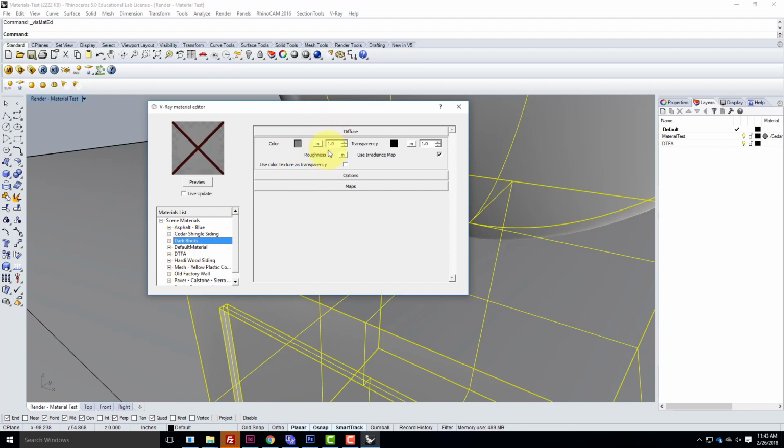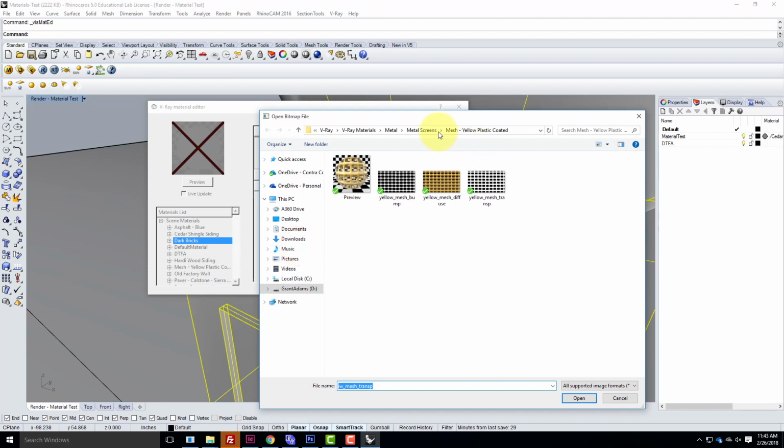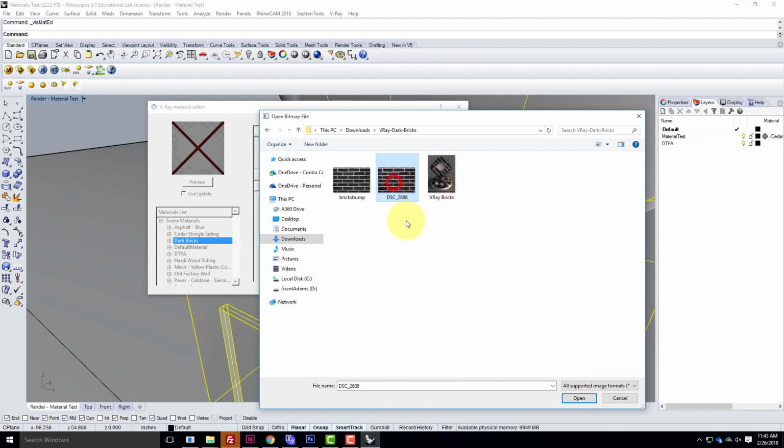I need to load in the diffuse material, so I'll click on the lowercase m. This is the photograph. When I click on that lowercase m, I need to go find the bitmap. It's called a text bitmap of what I just downloaded. So that was in my downloads file, dark bricks, and it was this DSC